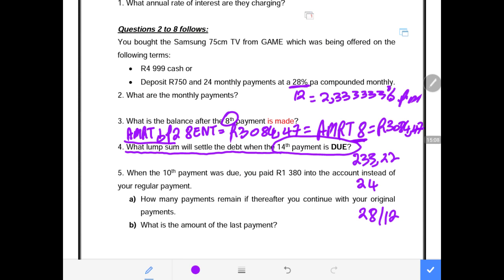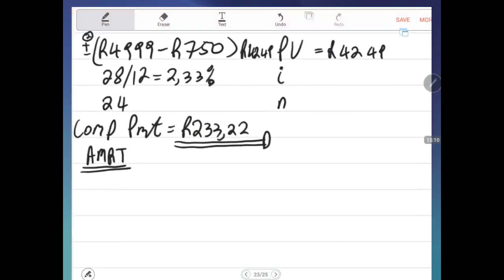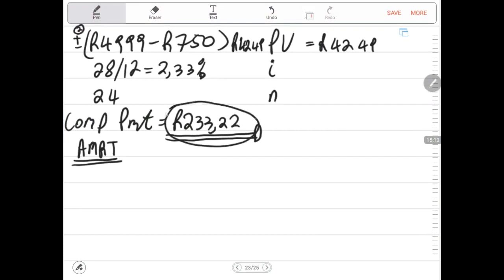Remember, if you clear your calculator, you will be forced to go back and recalculate the PMT. The calculator keeps the memory that the PMT is 233.22 for 24 months at the 28% compounded monthly, and the present value is this amount. So if you clear, you'll have to redo this PMT first of all. We don't want to clear the calculator and be wasting time. So our calculator still knows that we are paying this amount for 24 months at 28% per annum compounded monthly with a present value of